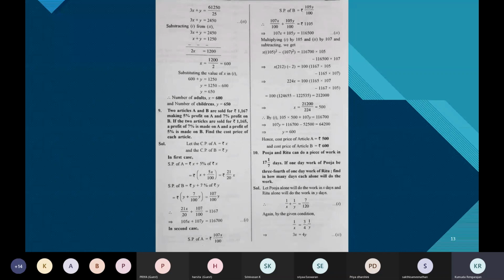So it is x plus y. The first equation is x plus y is equal to 1100, right? Yes, ma'am. So the first equation is x plus y is equal to 1100 on taking 212 common. The second equation is minus 2x plus 2y is equal to 200. Yes, ma'am. Okay. So that makes minus x plus. Okay, so 2x and 2y. So let's multiply this.